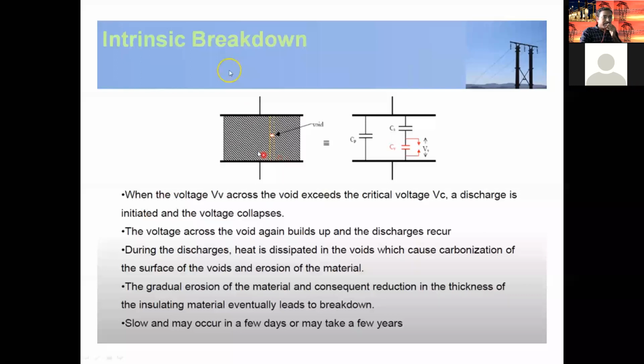This is called a solid type dielectric. For example, a cable, polyvinyl chloride. If you take one simple cable, at that condition you observe some void. The void is nothing but there is no material there, an empty space, which means it is filled with air only. The permittivity of the air is different from the permittivity of the solid insulating material. That means the dielectric strength of the void and the dielectric strength of the insulating material, the cable, are different.